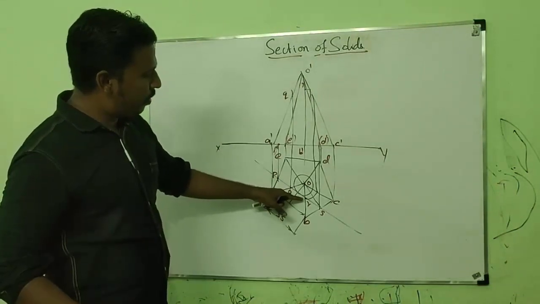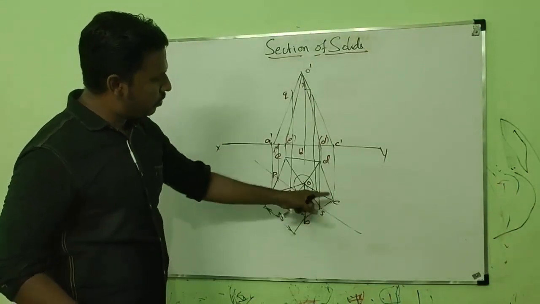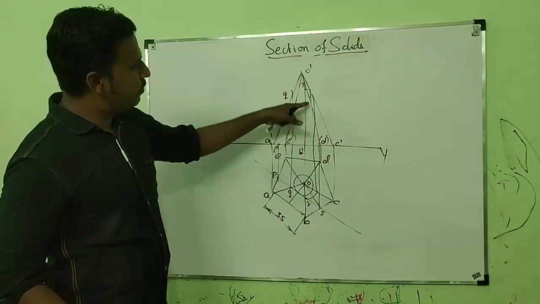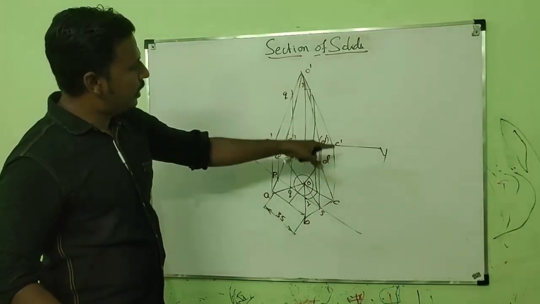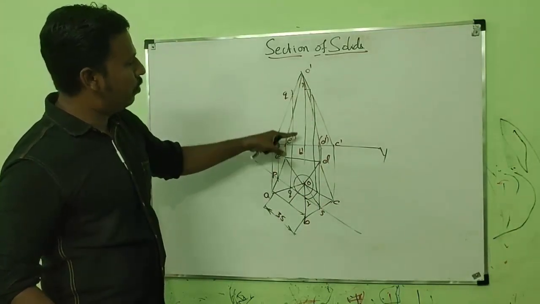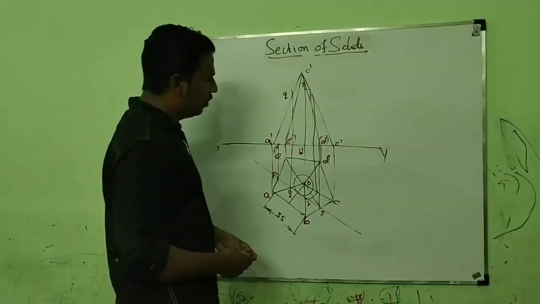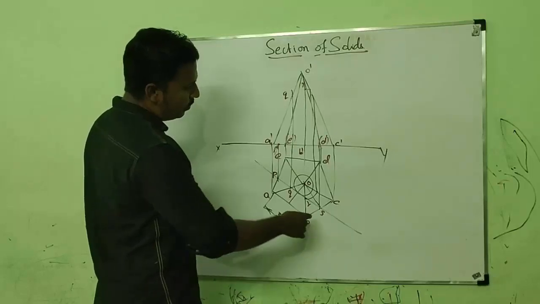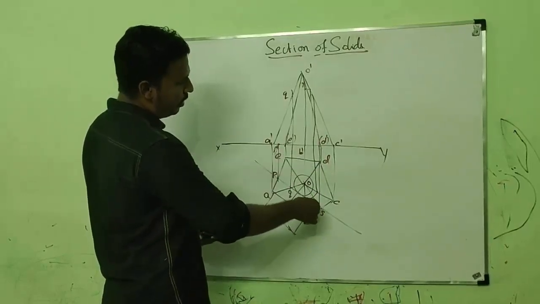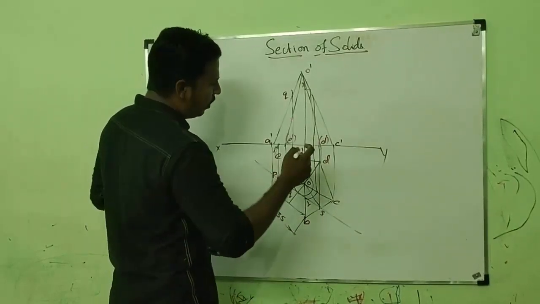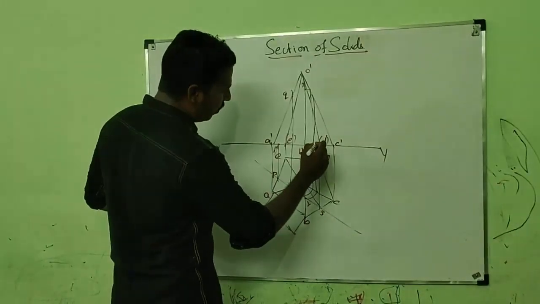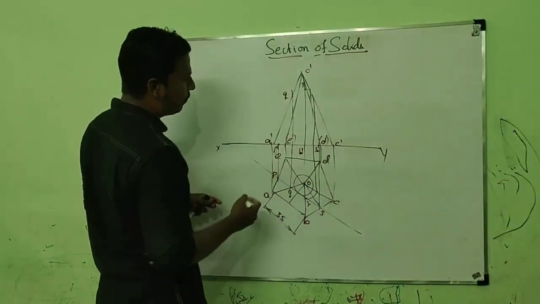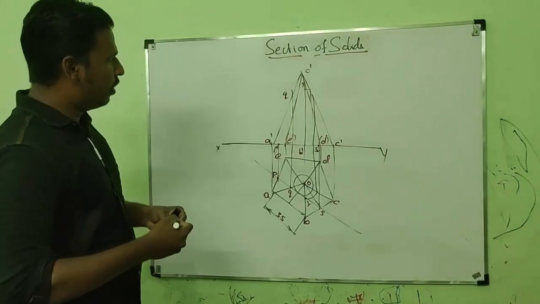What I have done, I am repeating. I have transferred the point R from OB to OC. Then I have vertically transferred to OC. Then from the OC edge I have transferred to the original edge OB using a horizontal line. Then the point S can be easily marked in the base edge BC. So just extend the line S to here, and here is the point S in BC. So now we have the cut points.